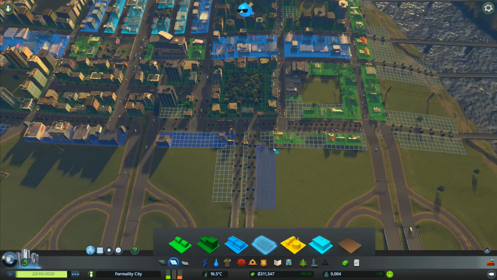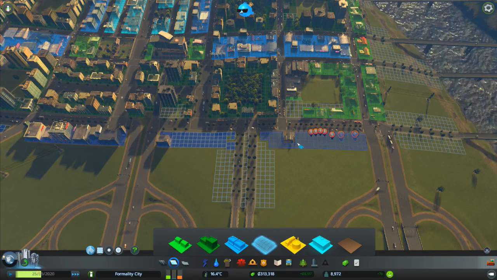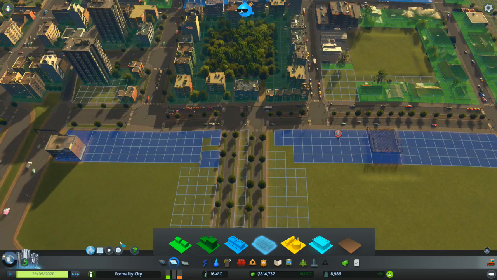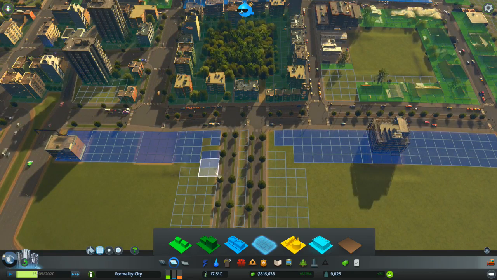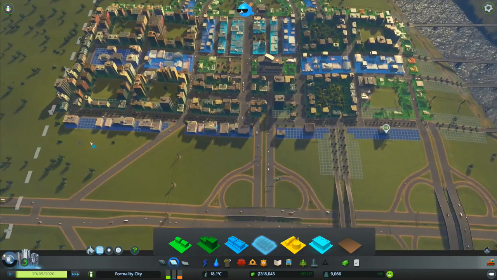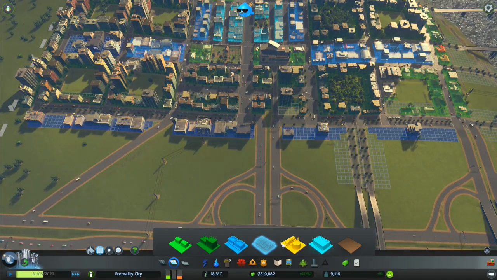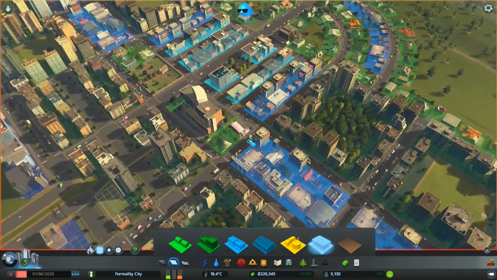We'll take these out. We'll make them commercial. Take these blocks out here, because they're random blocks. So we've got a lot of commercial, but we need much more office. So what we'll do is we'll pause it here,